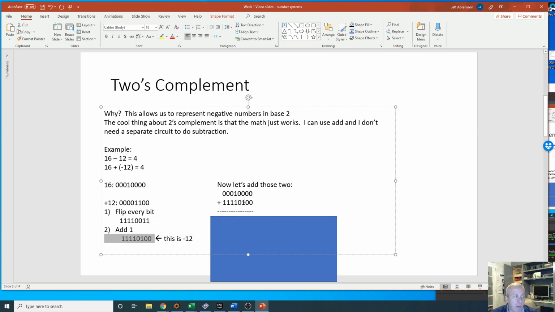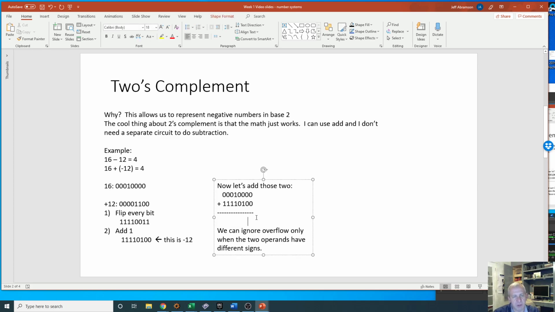we can add them. We also learned in CS160 that adding two numbers in binary is the same as adding in base 10. We just go right to left. And if the two numbers add up to 2 or 3, then you have to bring a carry across, just like when you get a sum of more than 10. So 0 plus 0 is 0, 0 plus 0 is 0, 0 plus 1 is 1, 0 plus 0 is 1, 1 plus 1 is 0 with a carry. So we have a carry up here. 1 plus 0 plus 1 is 0 with a carry. 1 plus 0 plus 1 is 0 with a carry. 1 plus 0 plus 1 is 0 with a carry. And so what we get here is